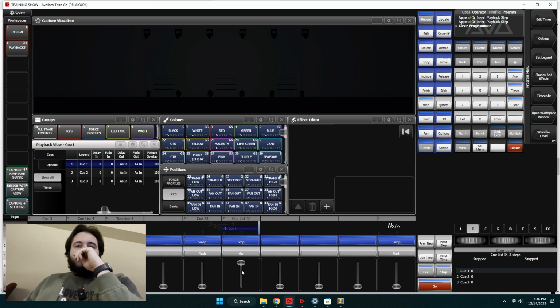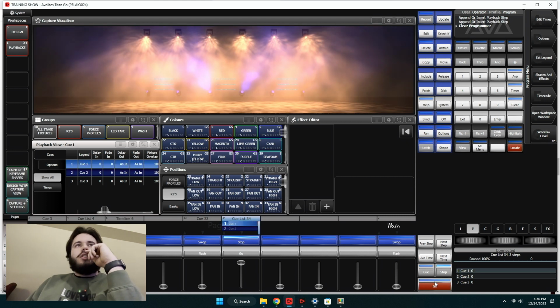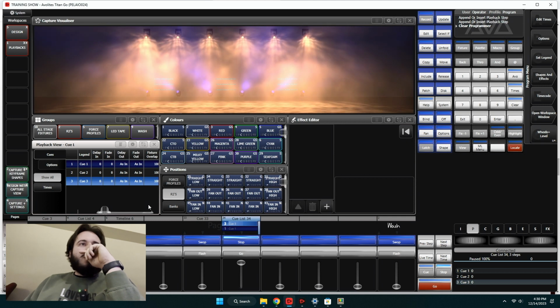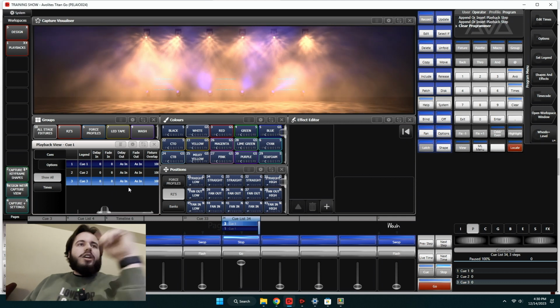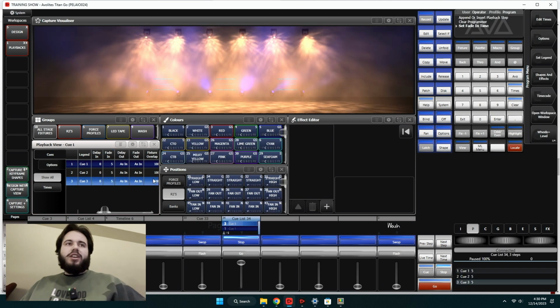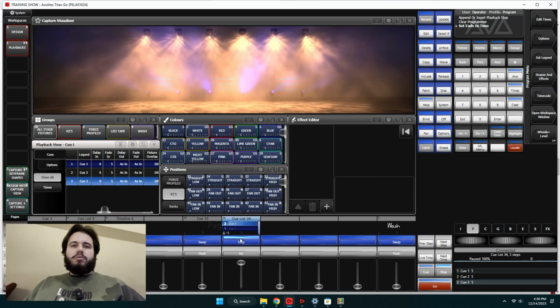But now we can see if we refire this, hit go, it pulls up. Now there's no fade times on here because I have not configured any part of this yet. So I could go in and select all of those and then add a 5-second fade time. Now when I pull it up,